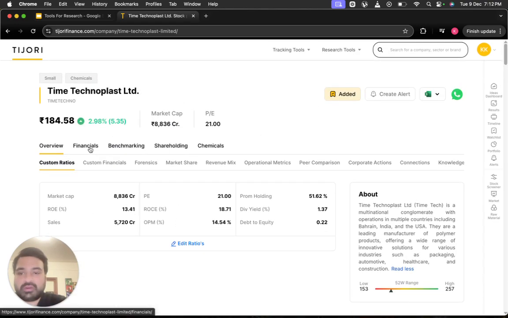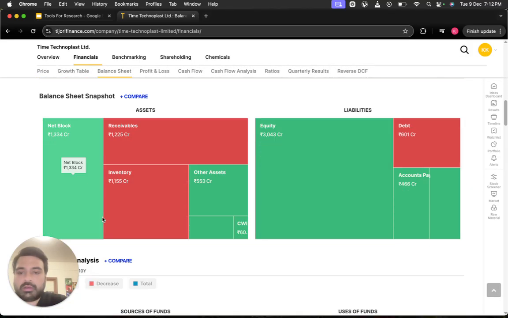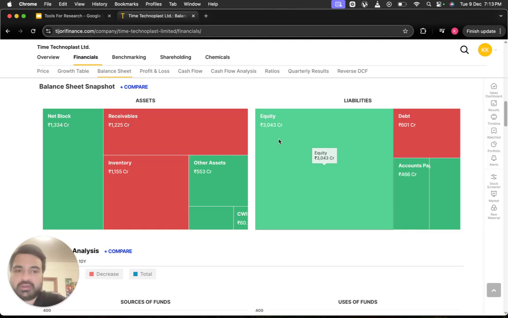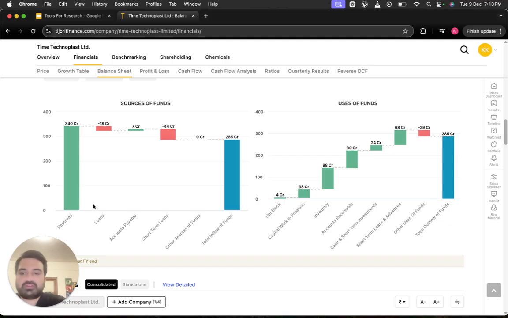Also, if you go on things like financials, here you get a snapshot of the balance sheet. Red is these things have come down from the previous time period. Green is these things have gone up from the previous time period. So even here, like the cash flow analysis.